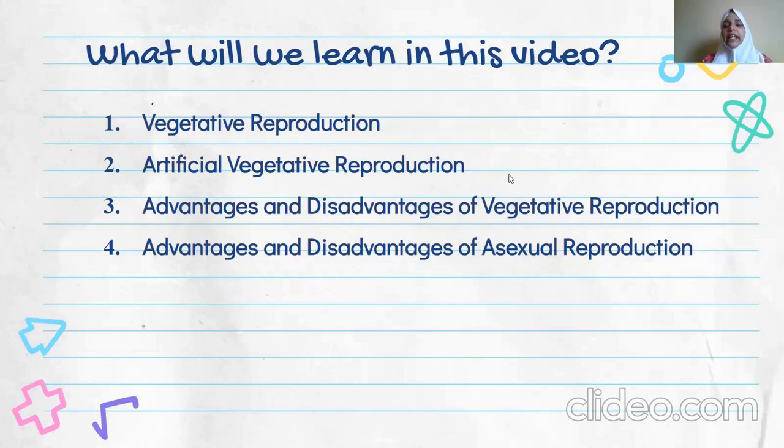We also discussed the asexual reproduction and its different types in the first video. In this video, at the end, we are going to discuss the advantages and disadvantages. So before that, we need to cover the vegetative reproduction, because vegetative reproduction also comes under asexual reproduction. Okay, so let's begin